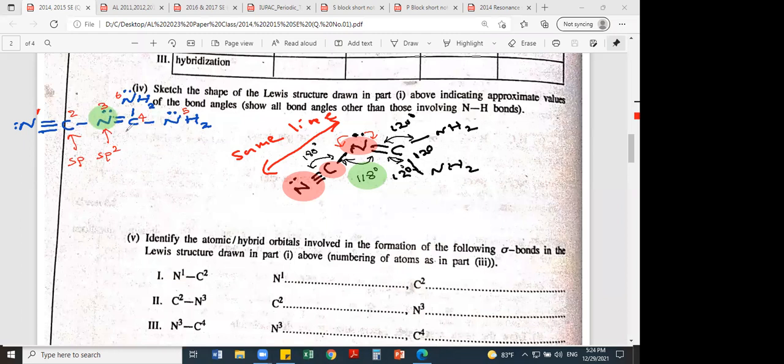Why? Because there are three pairs of electrons, except the pi bond. If there are 3 pairs, sigma bonds and lone pairs total 3. That's why it is sp2. This one has only 2 sigma bonds, that's why sp. This one has only 3 sigma bonds, because pi bonds are not considered for the hybridization. Then C4 will be sp2. This is sp2, and N5